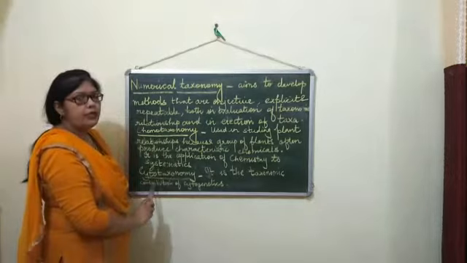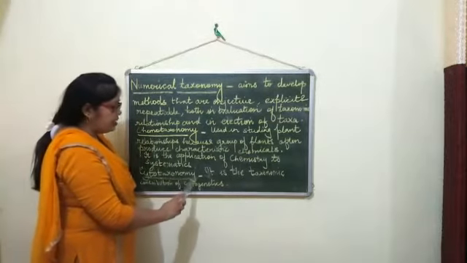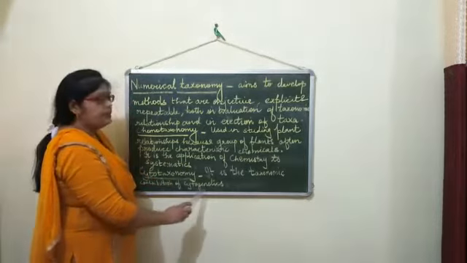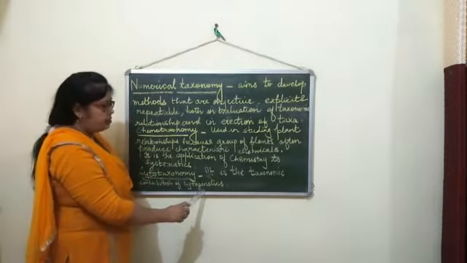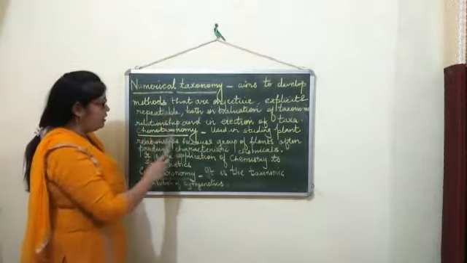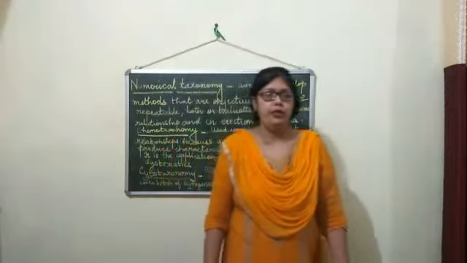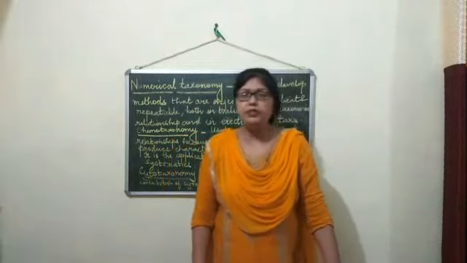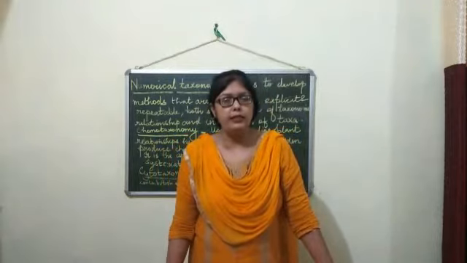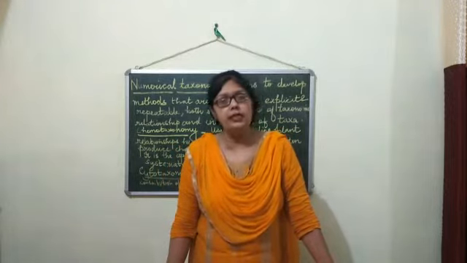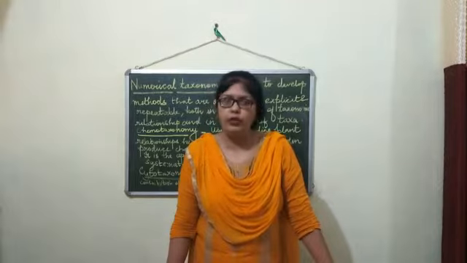Then we come to cytotaxonomy. Cytotaxonomy, it is the taxonomic contribution of cytogenetics. So these are the three types of taxonomy or three branches of taxonomy. Now after this we will study the next topic, that is tools that are used in taxonomy or the major aids used in taxonomy. So let us move forward to that topic.